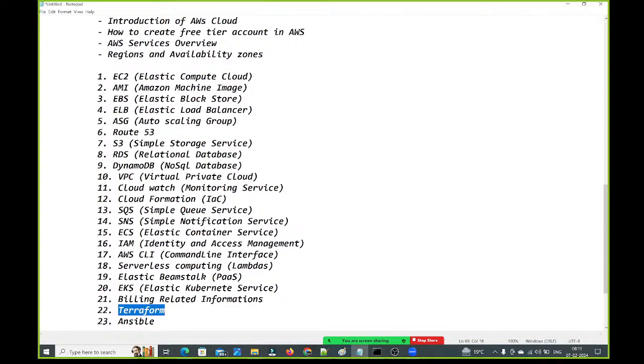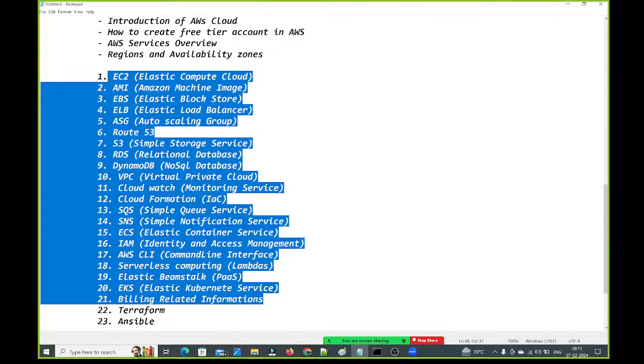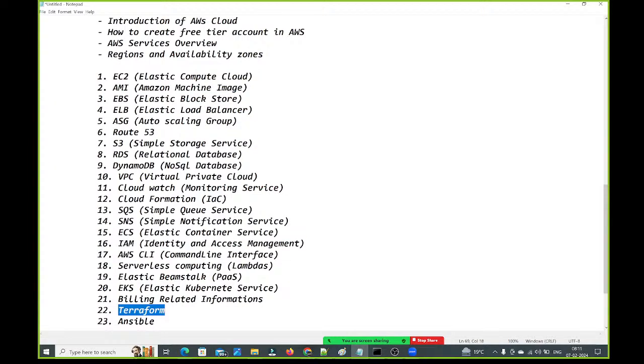So Terraform is that important, guys. That's why I have added Terraform at the end of this AWS cloud. Why? Because you should practice all these things through the user interface, then only you can understand Terraform. Otherwise, it is difficult to understand, guys.